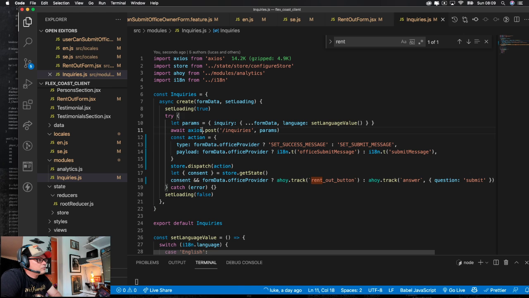So I'm making a call to the backend, and depending on what sort of request we are doing and what we get back, we are modifying the store itself.